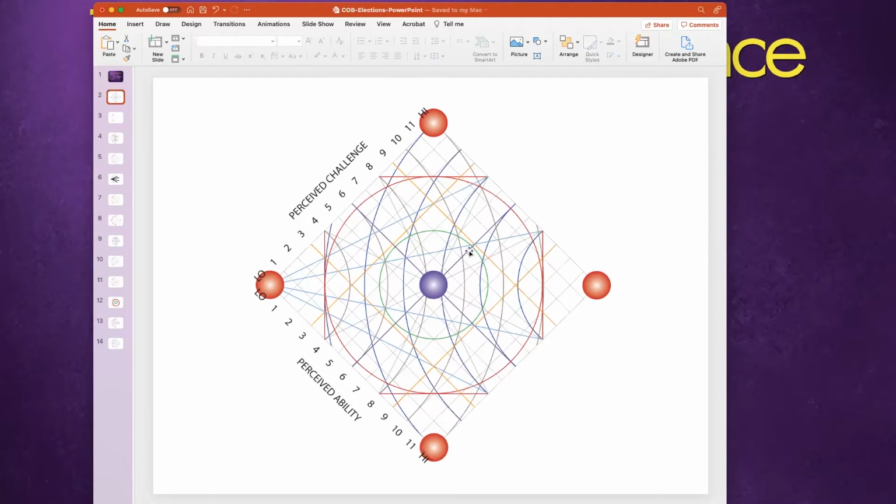So again, I don't want to give it all away. Who do you think is more likely to vote come hell or high water, on the in-grid side of things or the out-grid side of things? Out-grid. And who do you think is more likely to vote come hell or high water, the people that are down-grid or the people that are up-grid? The up-grid. And so, I get it. There'll still be people that are in-grid and down-grid that are going to do it.